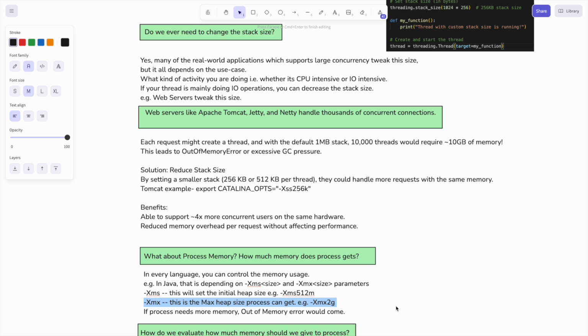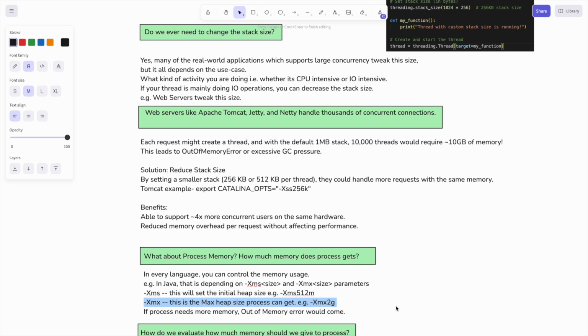If that would be the case, all the other processes would not be able to run. So all the physical RAM of the operating system would be kept by a single process. So there is no one in the world who does it like this, right? So what actually happens in every language or whatever kind of process or application, in every